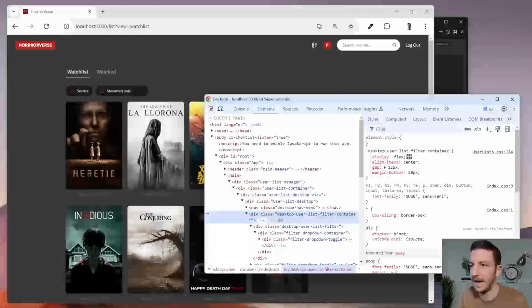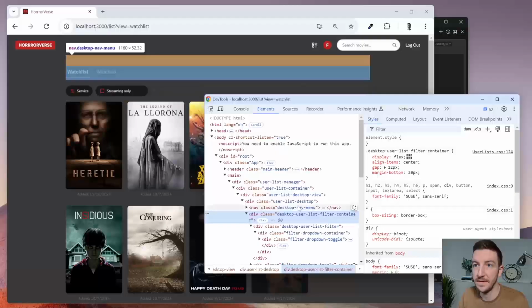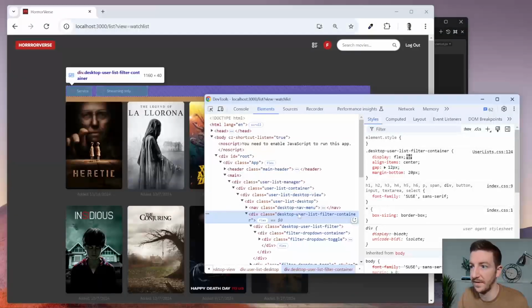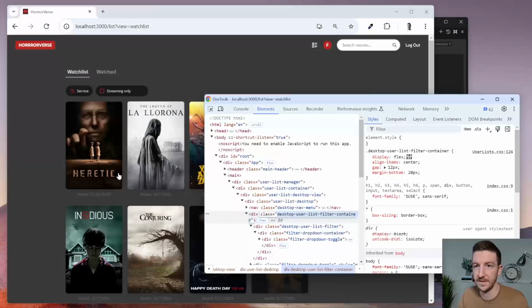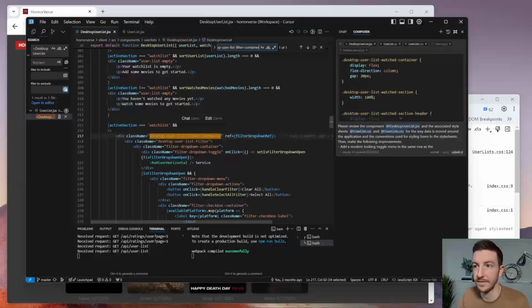In our dev tools, it will highlight the element on the page. This desktop user list filter container, and then there's a nav menu. We're inside of this one right here, desktop user filter container. And I'm just going to double check that it's in this component somewhere, and look at that. I Control F, search for it, there it is. So in the same row as inside the